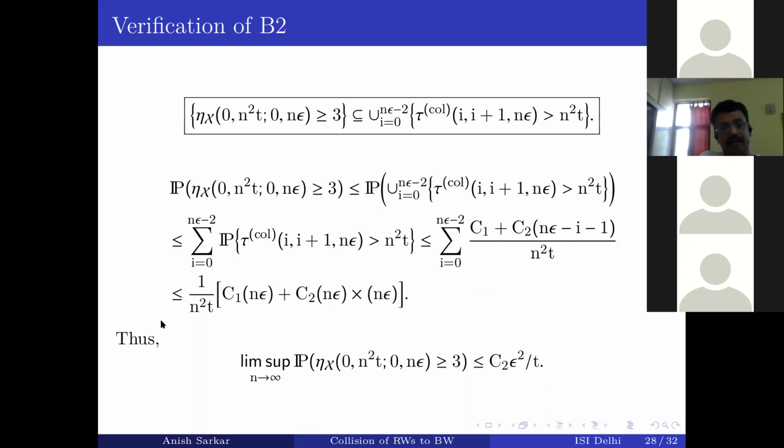So I take the limit as n goes to infinity, the lim sup. So this part would get cancelled, and this part would just give you c squared times epsilon by t. And now I have to divide by epsilon and take the limit as epsilon goes to 0, and of course, one epsilon is left, and that will go to 0. Okay, so this is the sort of